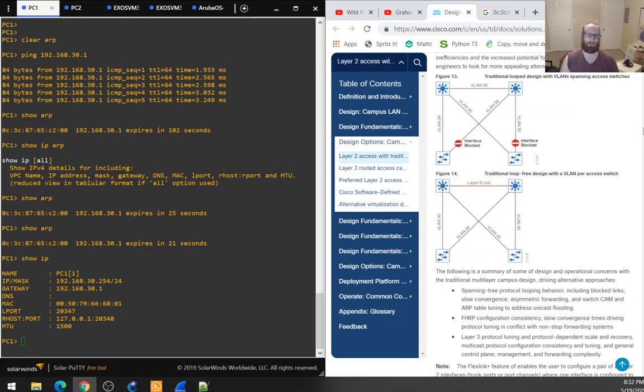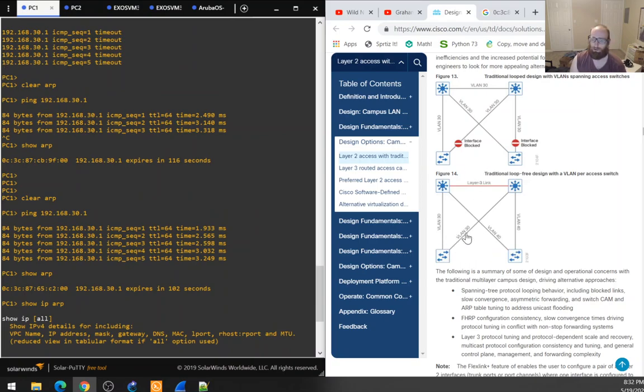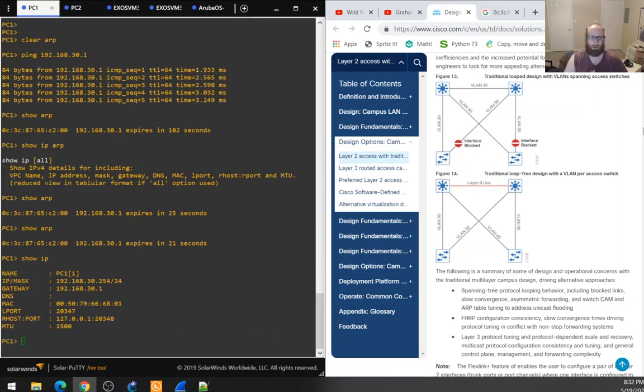So you can use additional default gateways, and you can also use GLBP, or I think even HSRP and VRRP do have some load balancing capability. So you can utilize both of these links, but do not just assume that you are doing that, because you're going to end up with something like this